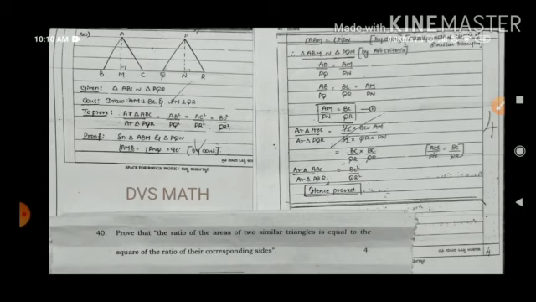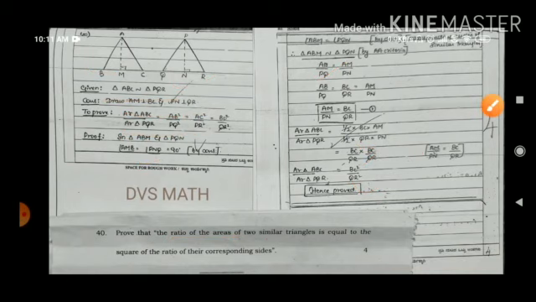So here prove that the ratio of areas of two similar triangles is equal to the square of the ratio of their corresponding sides. First, as I told you, the figure is important. Write two figures, two triangles. Write given, draw, take an altitude or perpendicular, and to prove, in the triangles make the 90 degree angles equal. And for the area formula, you take half into base into height, and by equating them you will get the proof. So please follow the steps, and here also there is a separate mark section for figure, given, construction, to prove, proof and everything.